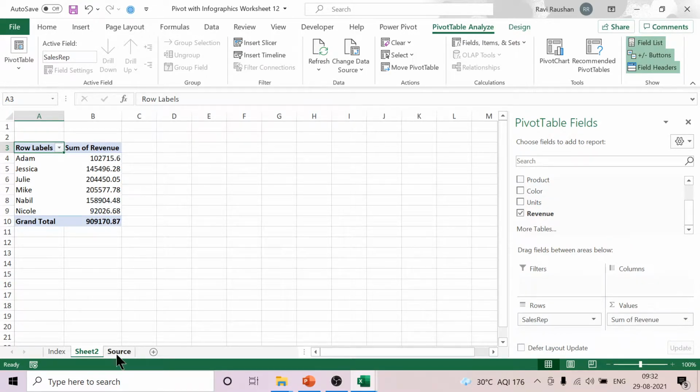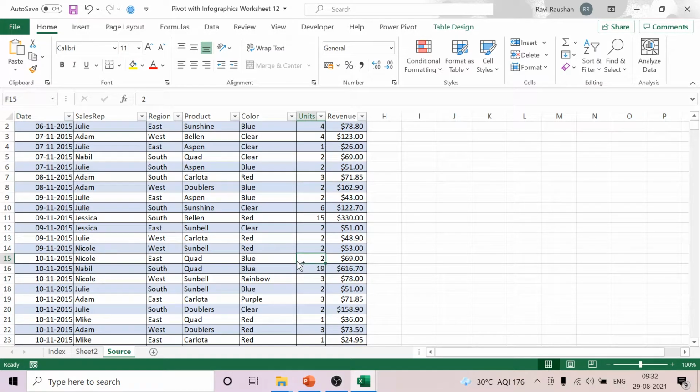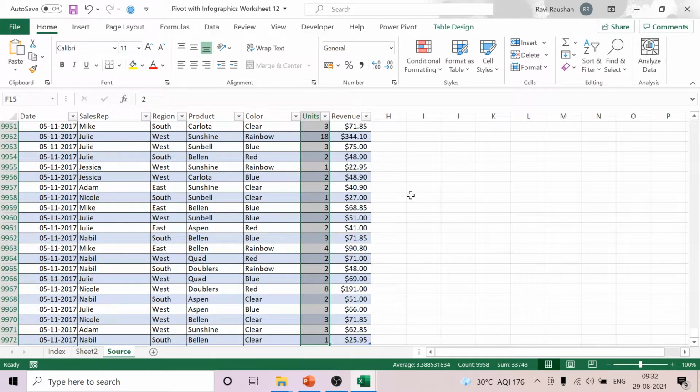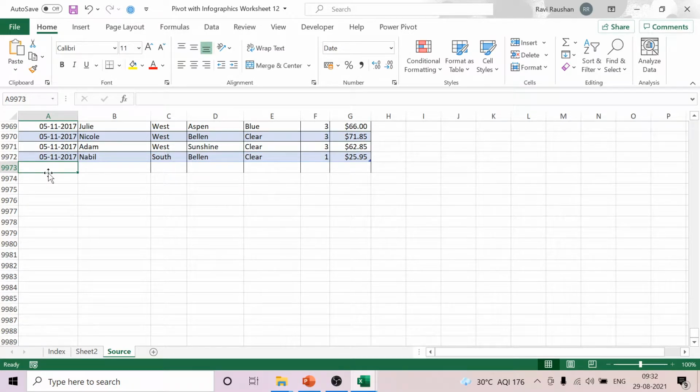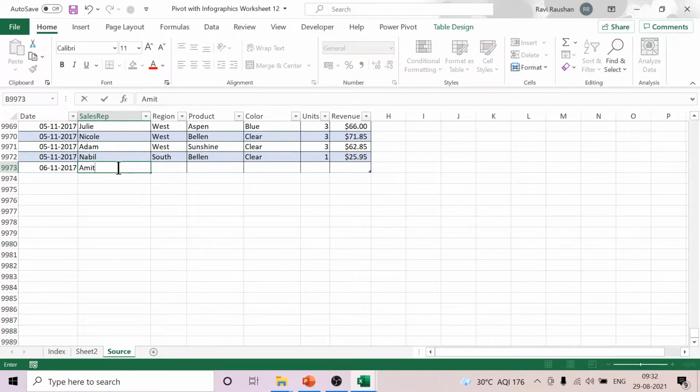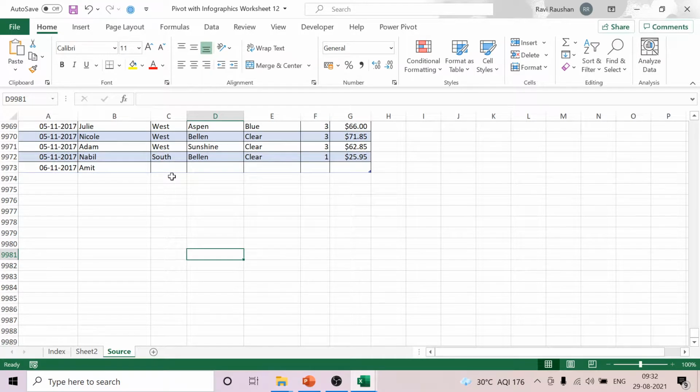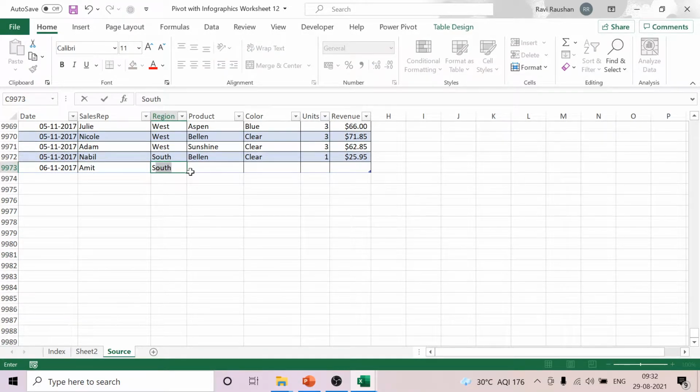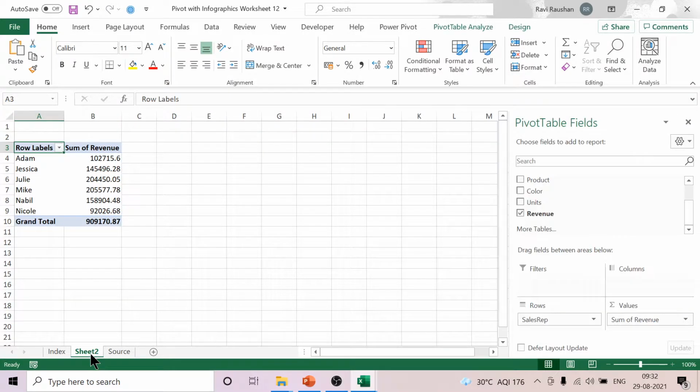But the advantage right now is, if I again go down and start adding data here, it will automatically become part of the table, the structured reference. So the advantage is this: because I have not called a range this time, I have called the table in the analysis. Whatever changes happen in the table will be reflected in my analysis. I need not invoke the pivot table again. By default it will not show it.